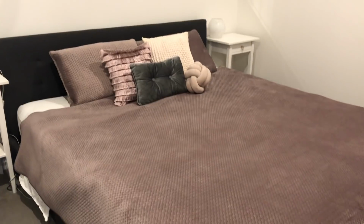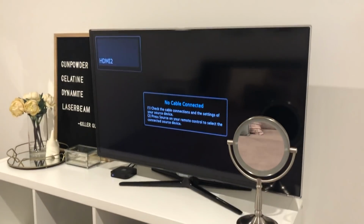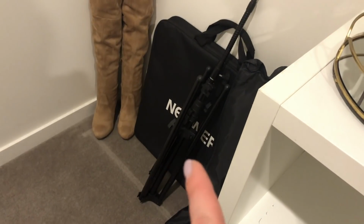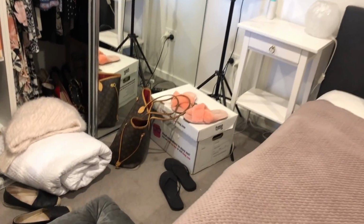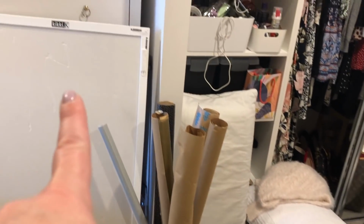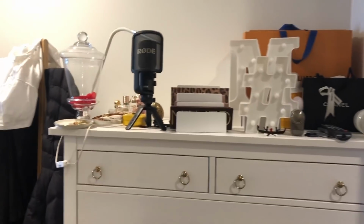Obviously, I have got my bedroom at an halfway there state. So I've got that Kallax unit set up, and I am going to change this throughout. It's not 100% how it's going to end up just now, because when I am rearranging and changing the furniture around, usually I will go through a whole bunch of different stages until I find it just exactly how I like it. As you can see, there's still quite a bit of stuff that needs to be taken care of, but we're moving from one stage and getting all of those last few bits and pieces, which really doesn't take that long,